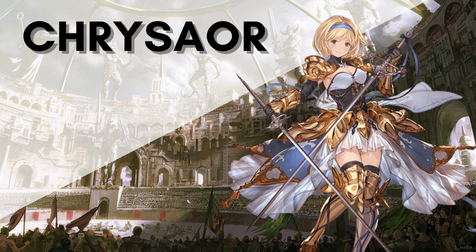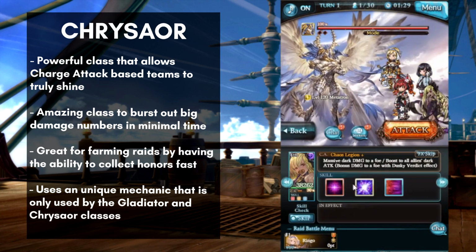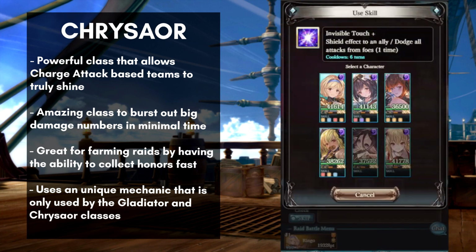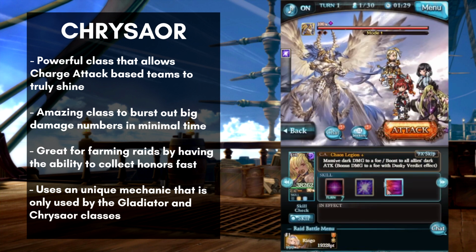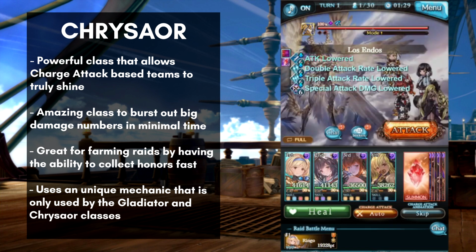Now with this class you are quite literally the knight in shining armor. Chrysor is a powerful class that focuses on offense and also allows parties centered around charge attacks to dish out tremendous damage on the very first turn. This is because its skills are focused on charge attack reactivation, with the